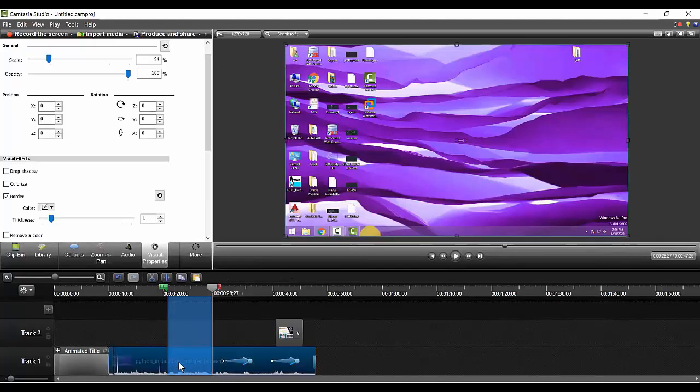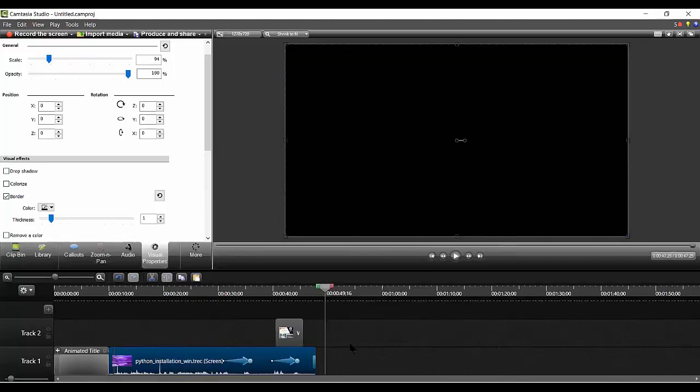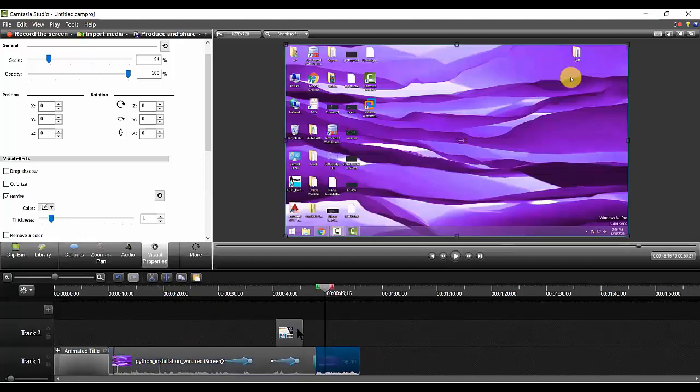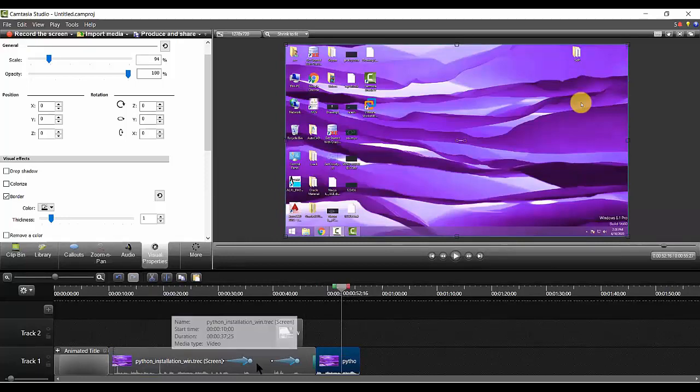So what can I do here? If I want to delete this particular portion, or if I want to copy it, let me show you. I'm doing Control C here. I'm pasting it here, Control V. So simply the same portion, whatever was here, the same portion came here. Okay, no change. So I can do copy paste also, cut paste also I can do. All these options are available. And if I want to undo it, here I'm having an undo button, or simply Control Z I'm having.